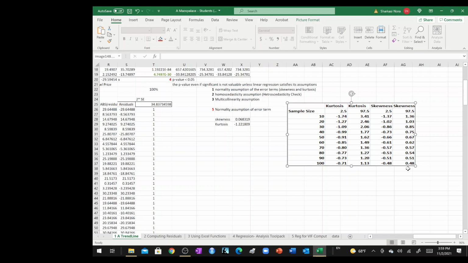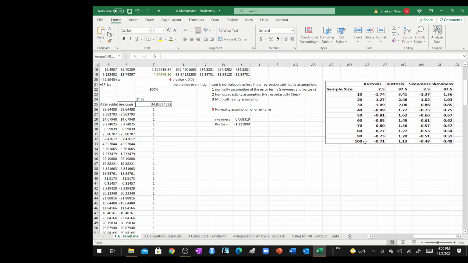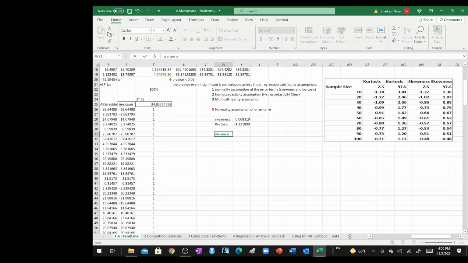But in general, for skewness and kurtosis, there's a tolerance zone. Some say for skewness we can tolerate anything between 2 and -2. As you can see here, this is the lower bound, this is the upper bound. But in general, let's just follow these ones. So it is in between 0.48 and 0.46. We can see that this reading is in between. And over here it is 0.71 and 1.13. So this one doesn't quite lie in between, but it is okay since the skewness lies in between. So we say there are no serious concerns